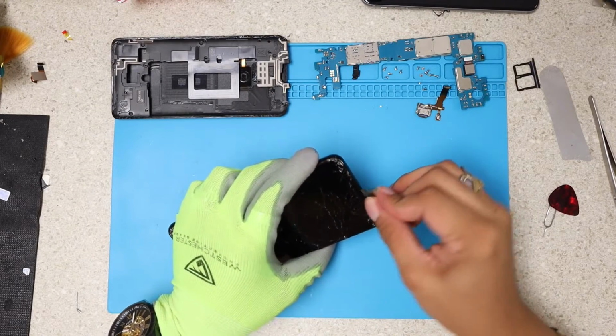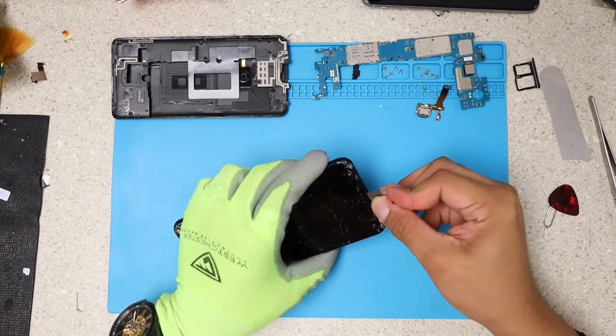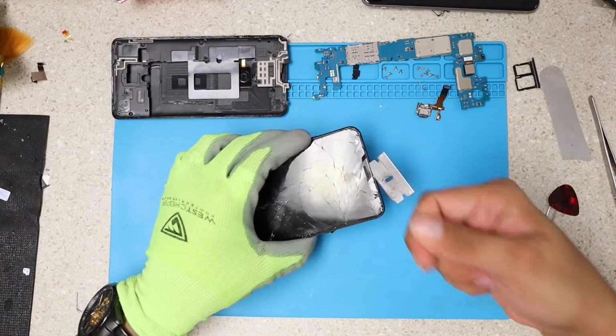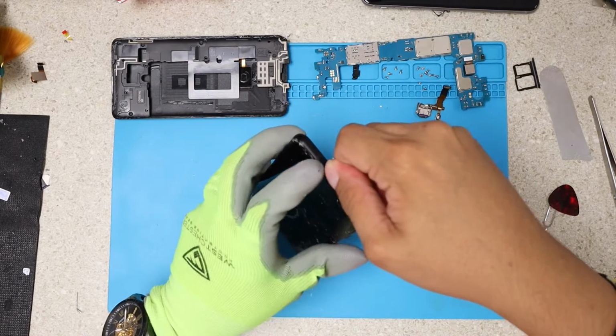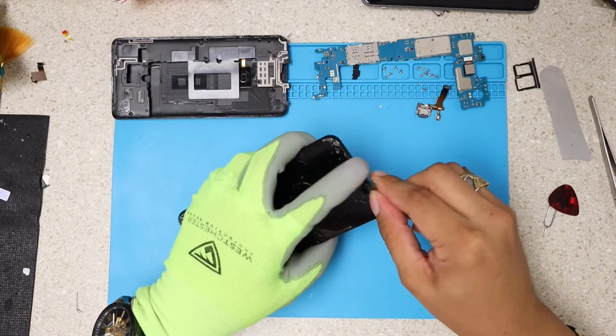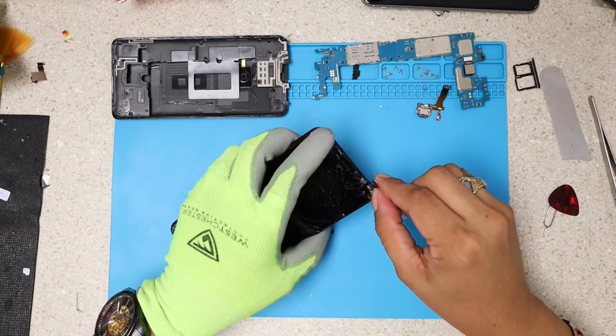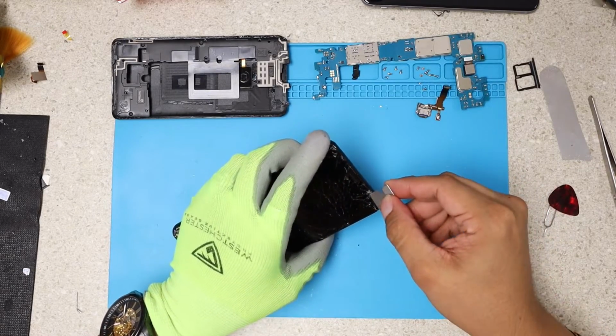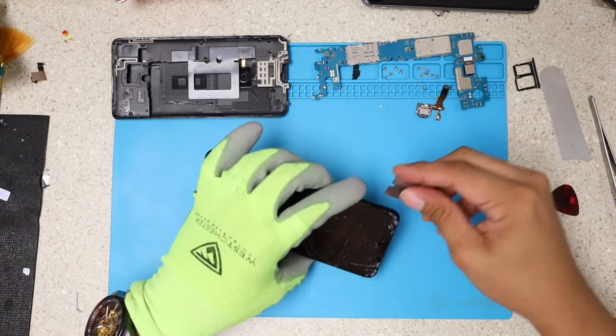I advise you to also use glasses if you can, because these pieces of glass sometimes go flying, and you don't want to lose one of your eyes on this attempt of repair. I advise you very strongly to use glasses when your phone is in this kind of shape. Okay,